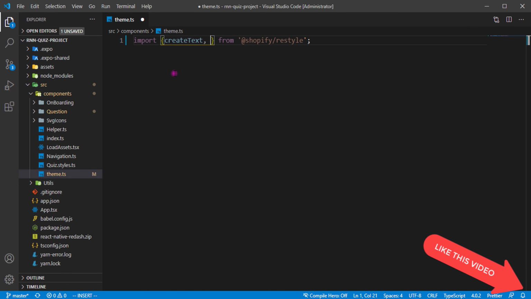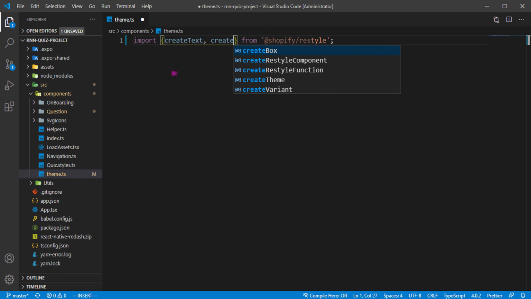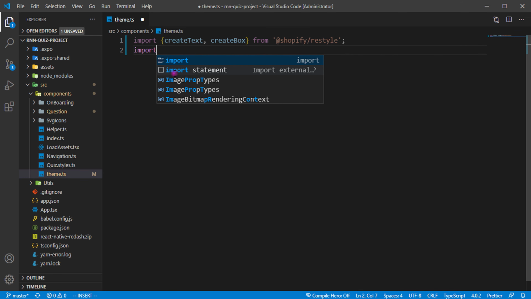Why I like working with Shopify Restyle, since I noticed it, is because it's more like when you're working with XML, and it makes things more direct and restricts some things. Maybe there are styles you don't want to make use of, you will see that you don't even need to put those things down. So it kind of makes things simple, like you're working with XML. Then we have the createBox. And lastly, we have to import